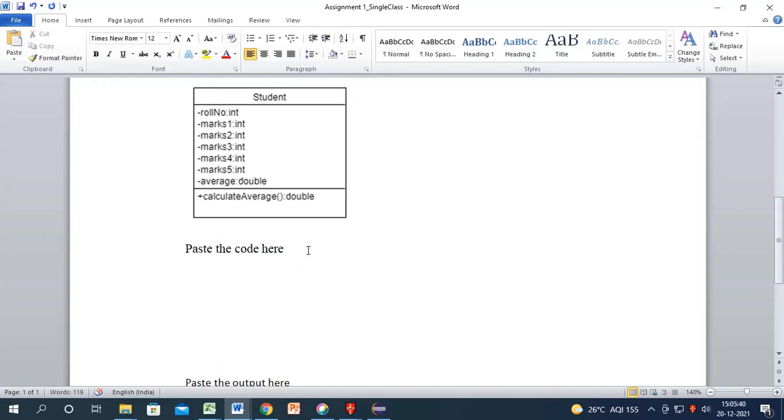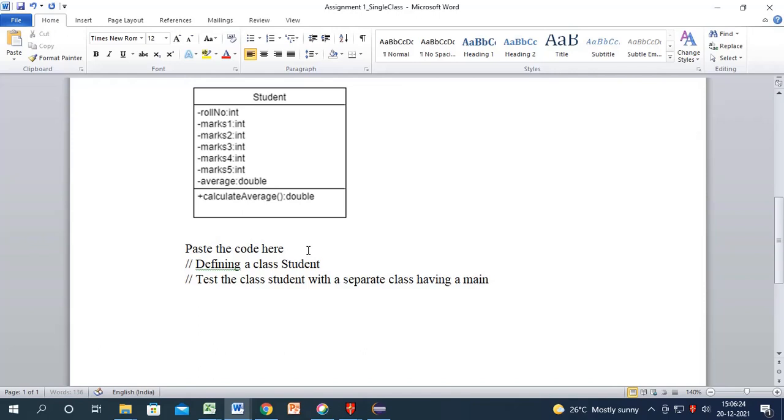So in the code, what is it that you will be doing? You will be defining a class student, and test the class student with a separate class having a main method, because with the main method any execution starts, right?